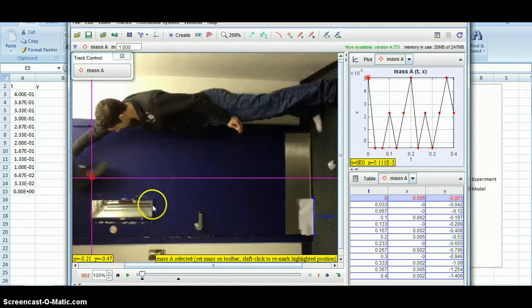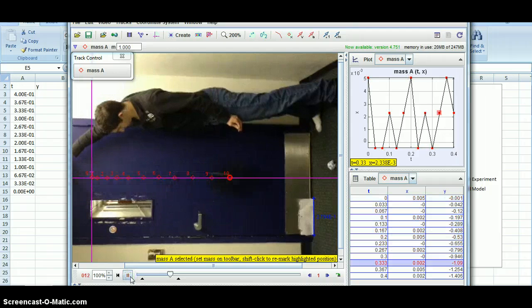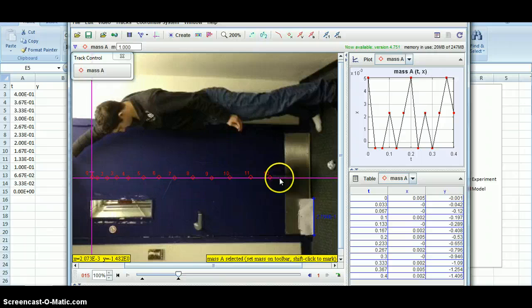I also recorded a video of me dropping my shoe. Again, I chose it to move in the negative y direction. Same calibration. I chose the origin to be the center of the shoe and tracked the shoe through its center. I started right after I let it go, and the end of the clip is right before the shoe hits the ground. I also did a model of this in Python